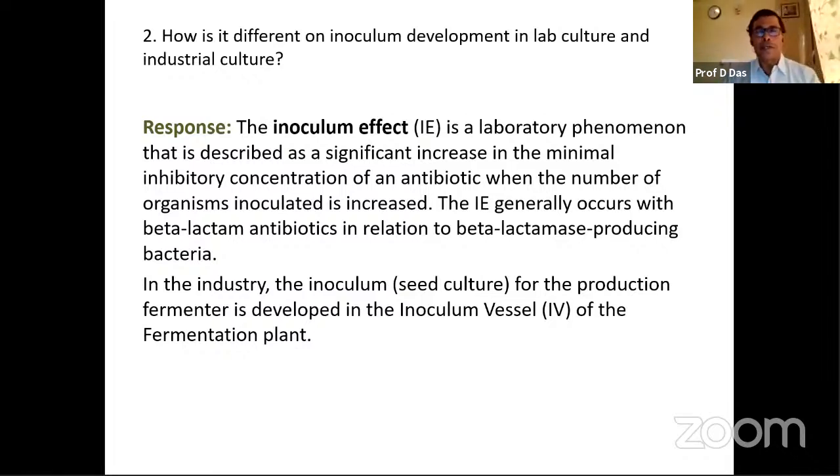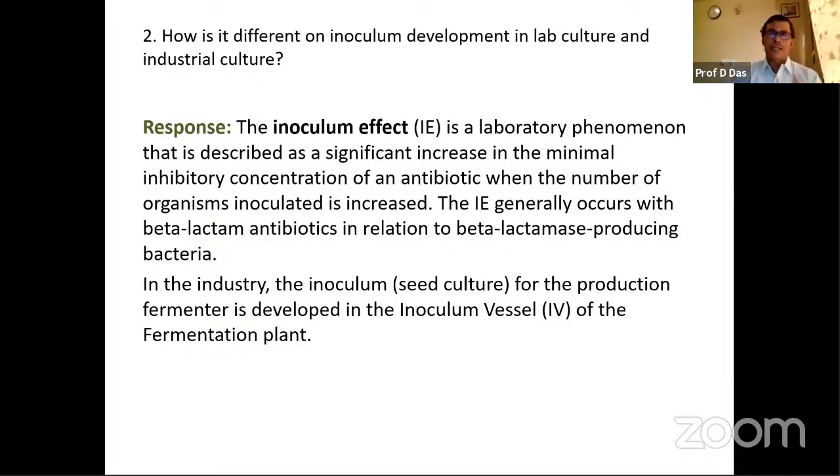10 to 20 cubic meters means how much? 10,000 liters. Now this 10,000 liters of inoculum is very difficult to prepare in the lab. So you have to prepare it in the fermentation plant itself. What you have to do is prepare the seed culture in the lab, and